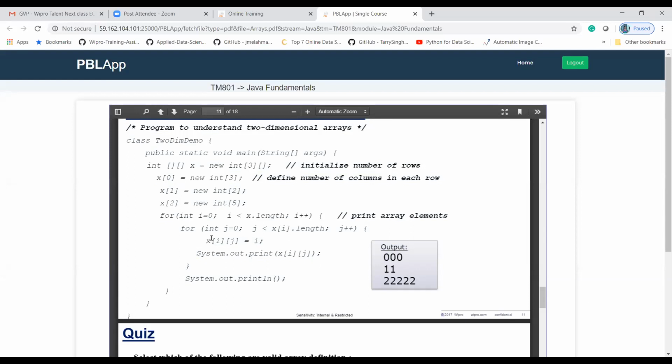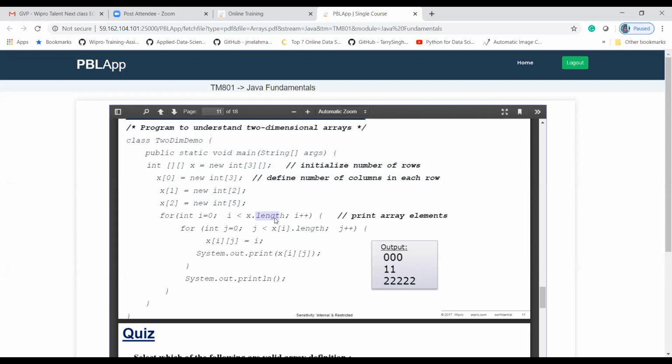Here I am using a for loop to display my matrix value, meaning my two-dimensional array value. For int j = 0; j < x[i].length, where i indicates the row value and j indicates the column value. This means the length, how much we declared. x.length will take the length of that array.